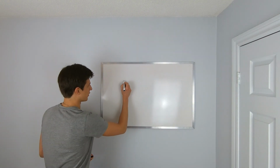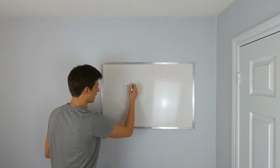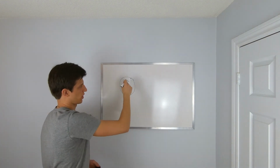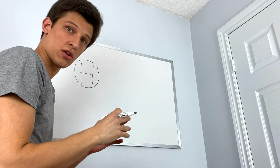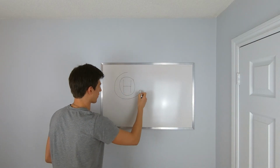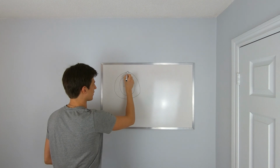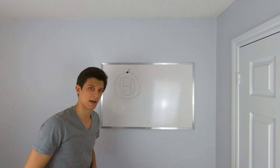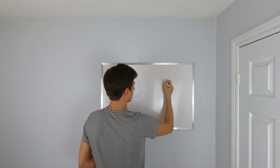First, we'll draw the hydrogen. It would be the H. The H and the circle around it is the nucleus, or the center of the atom, and the electron will be orbiting around it on this orbit, and that would be the one electron that the hydrogen has. And on the right side,